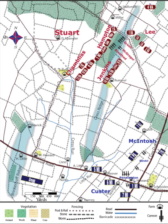The attack was supposed to be a surprise, but Stuart gave it away when he fired a cannon in each direction to notify Lee he had arrived. But actually, Federal observers had already spotted him anyway, and they sent word to Division Commander Gregg that he had